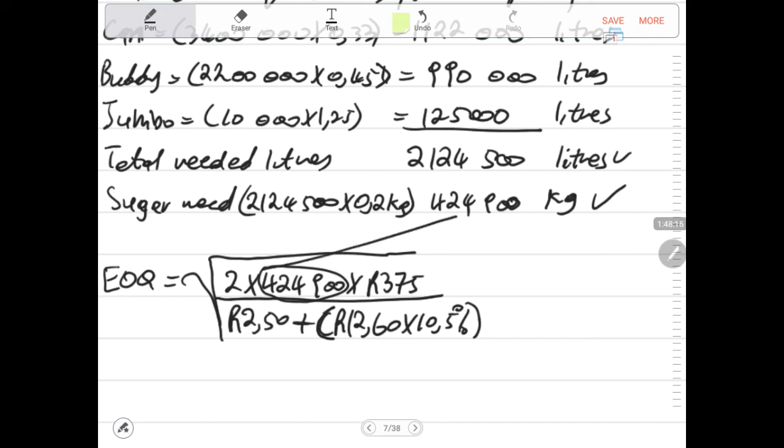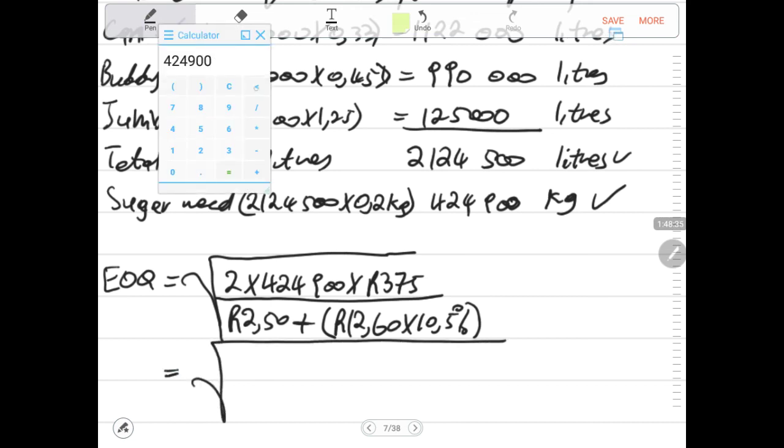Now, it is very important to note that this is in kgs. These are kgs. That is good. And this is kg, this is kg. Now, if we take this approach, then it is very, very easy. You just do all your calculation. Let us say equal. I just want to make it simple. Times by 2 times 375. This becomes 3,118,